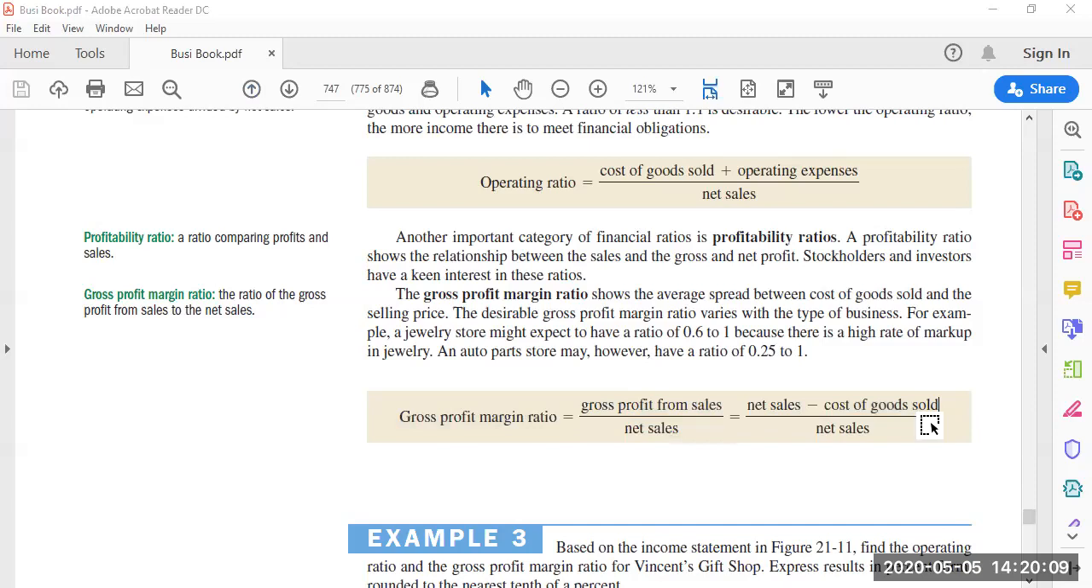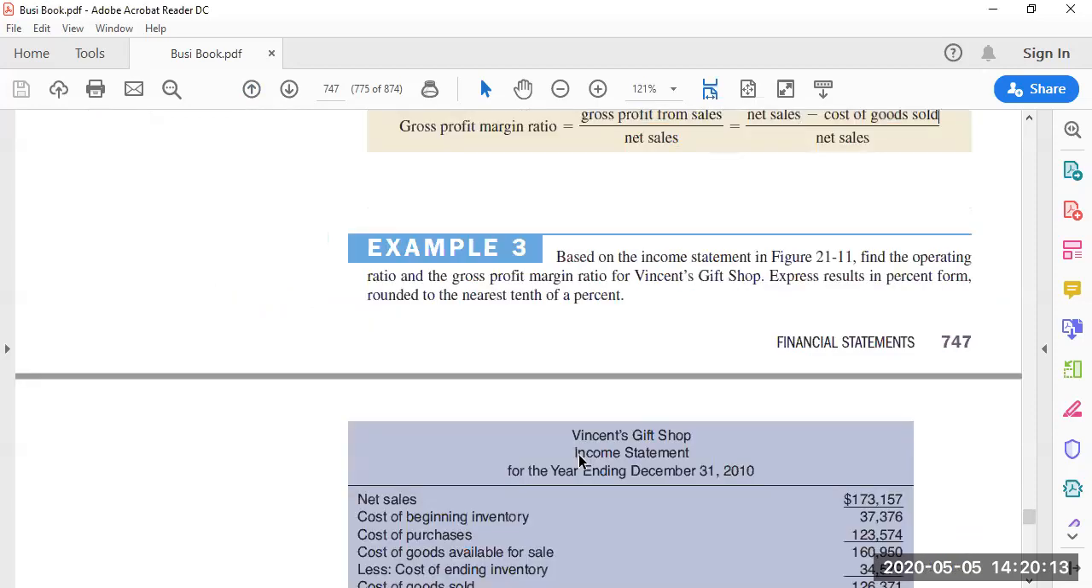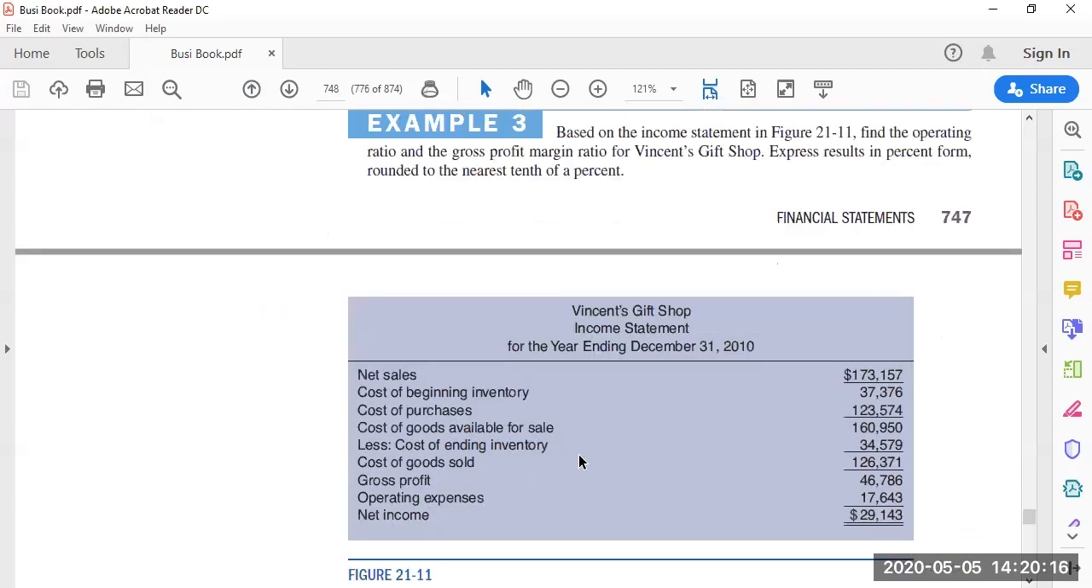Okay, let's go forward. This is an example for us to look at. Based on the income statement, we have an income statement now. And incidentally, as a stockholder,